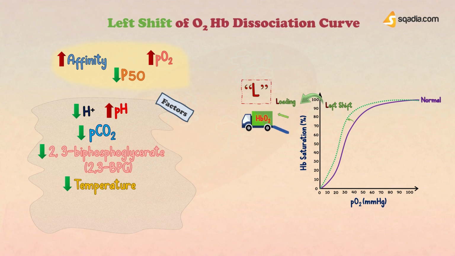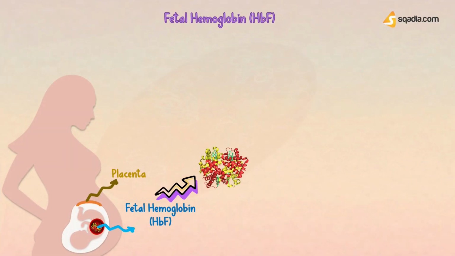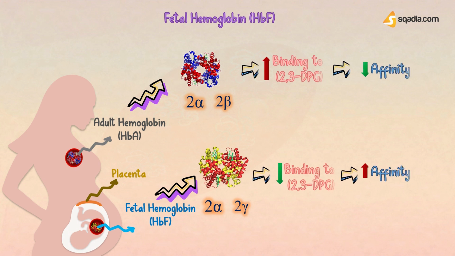Now, left shift is also observed for fetal hemoglobin, abbreviated as HbF. Hemoglobin present in the red blood cells of a developing fetus is called fetal hemoglobin. Structurally, it is quite different from adult hemoglobin, also known as HbA, because it has 2 alpha and 2 gamma subunits, rather than 2 alpha and 2 beta in adult hemoglobin,